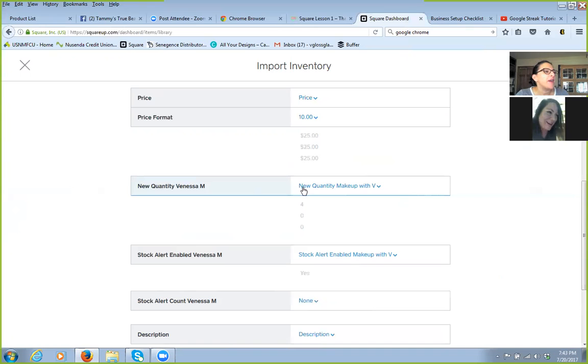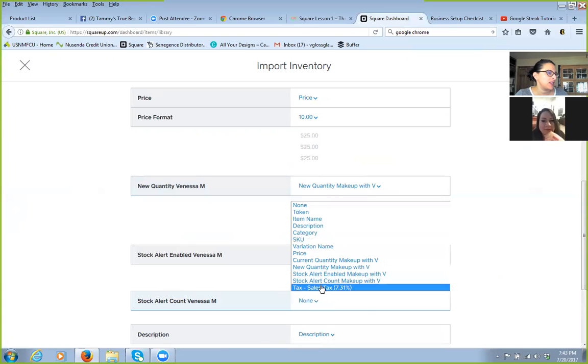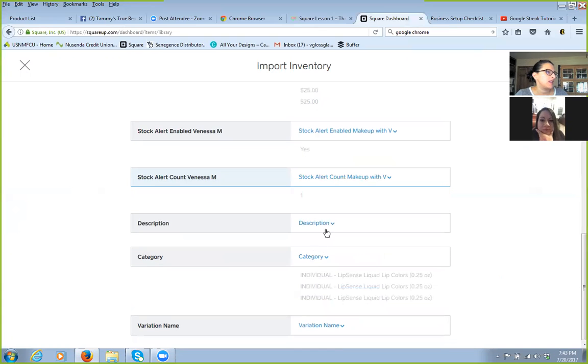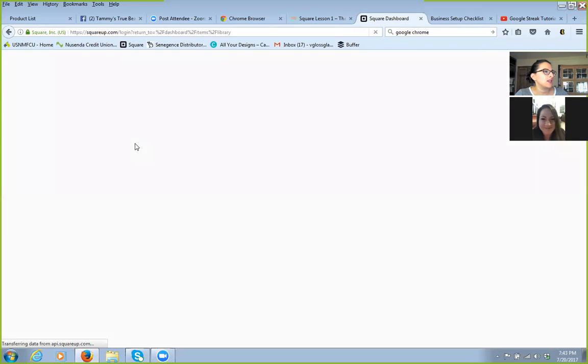So when I click new quantity, it put in all the information. Just make sure that everything is correct, that nothing says none, that everything matches up. Once everything's filled in, you're going to hit confirm, and it's going to